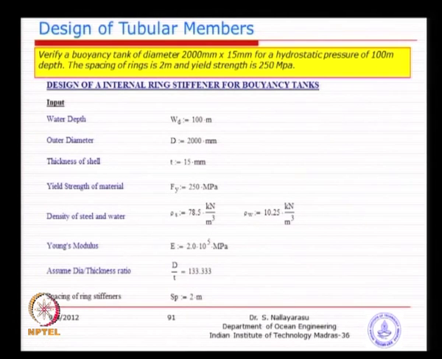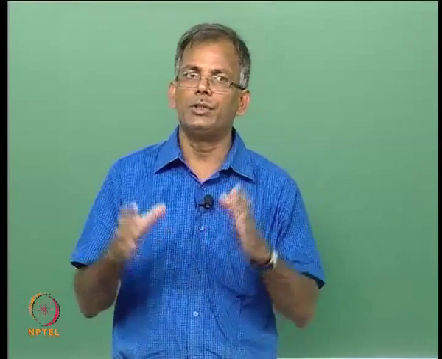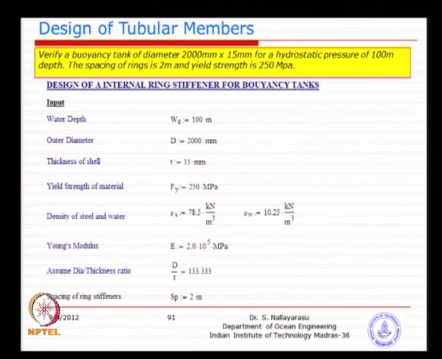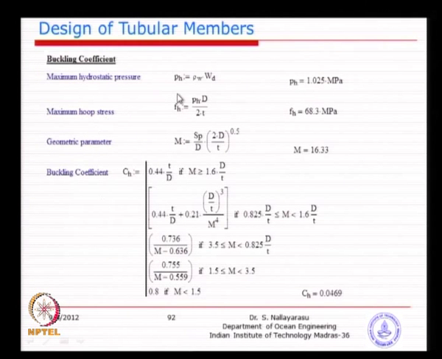You know, normally for structural members we have less than 60. So, this is definitely larger than 60. So, it goes into a cylinder range, surely we need to provide rings, and you have the spacing given to you as 2 meter. So, simply calculate your hydrostatic pressure and applied hoop stress, basically P d by 2 t, which is 68 megapascal, and then find out the geometric parameter, which I think we discussed earlier this morning, and find out the coefficient of buckling, basically using this 5 stage formula.